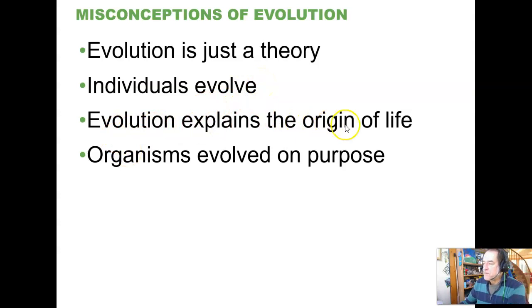Evolution does not explain the origin of life, although there are certainly hypotheses that come out of evolutionary theory that go back. But what evolution really explains is what has happened since life appeared on Earth and how it has diversified from the early fossil record of bacteria all the way through to the startling diversity of life that we have on Earth today. And I've talked about this before, I think, in our class section.